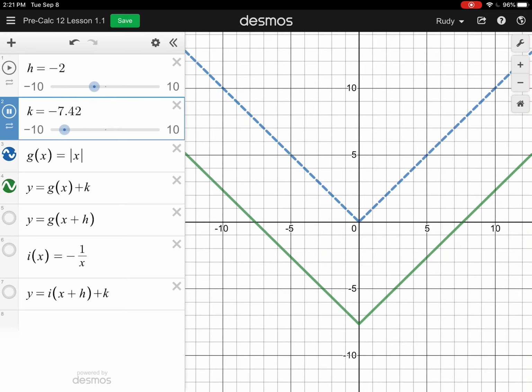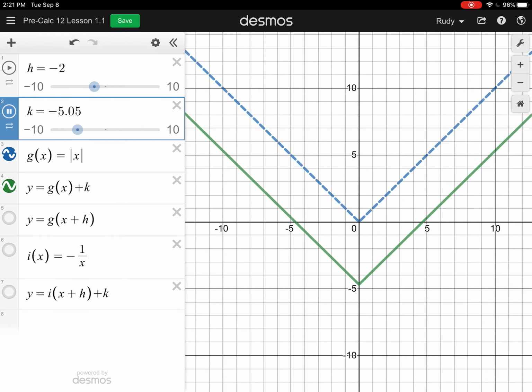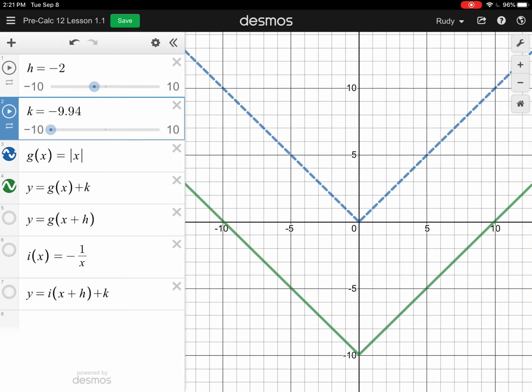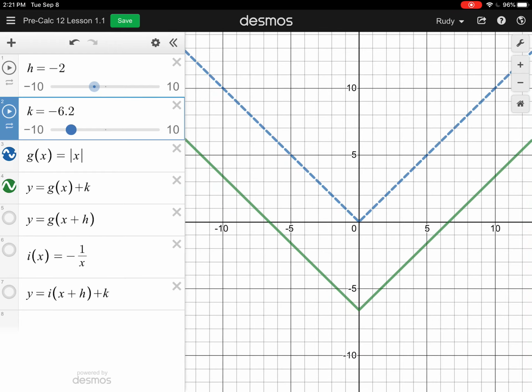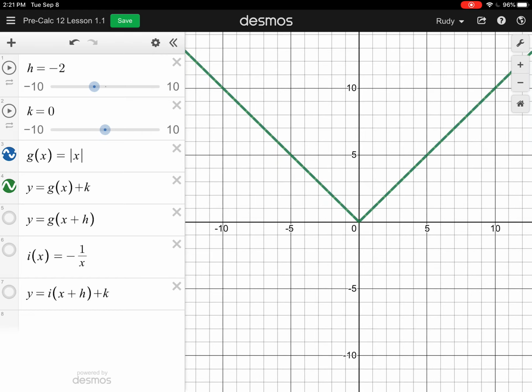Exact same thing with quadratics. It's pretty straightforward that way. The more you understood quadratic transformations, the easier this is. The less you understood it, the harder this is. And so, same idea as we saw with quadratics, if I add or subtract a number inside the brackets. And so h right here, if I turn this on,